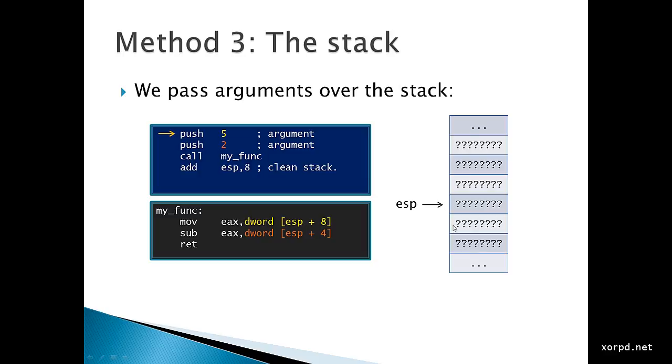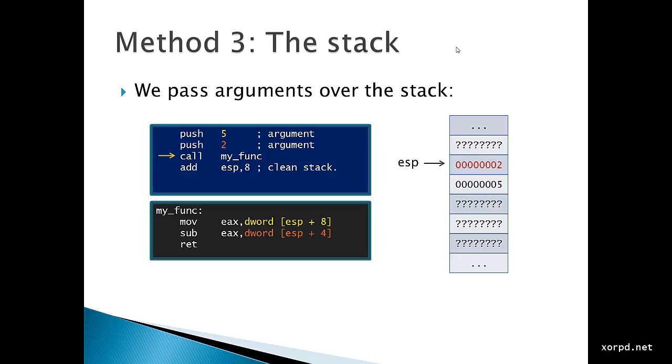We begin with this drawing of the stack where ESP points to some dword. I remind you that the address 0 is somewhere at the top, and the addresses increase as we go down. Let's begin. First we push 5 into the stack, and then 2.